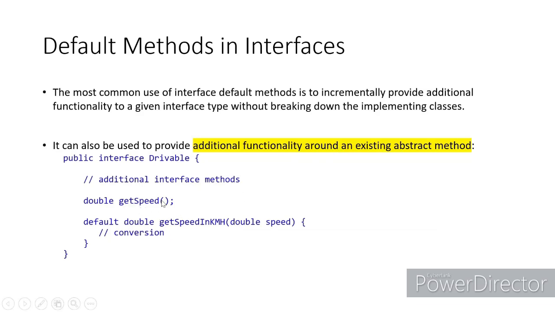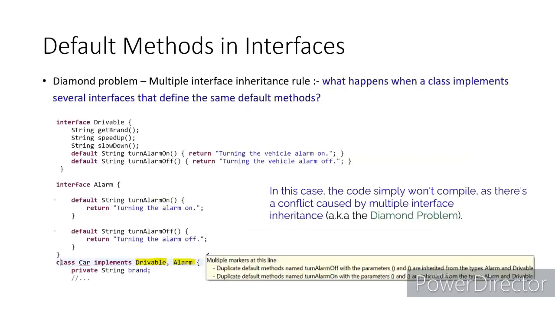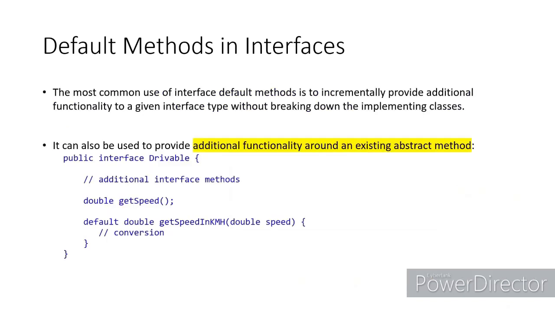So this is my abstract method, and this is another functionality which is going to provide some enhancement to it. So you can totally add some new functionality altogether, but which is still relevant to that interface, or you can provide some functionality which is just an add-on to the existing abstract class which is already there. So it is up to you based on the requirement.